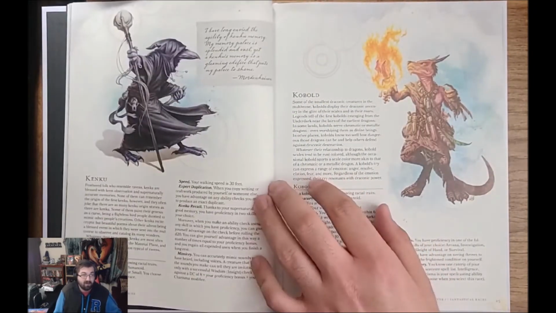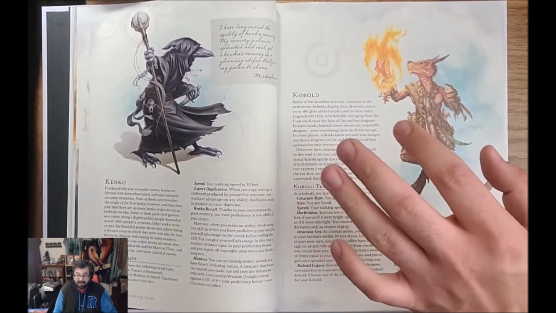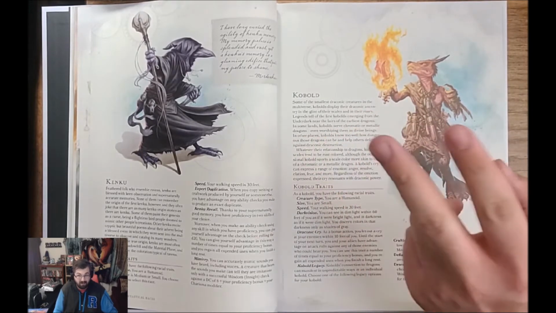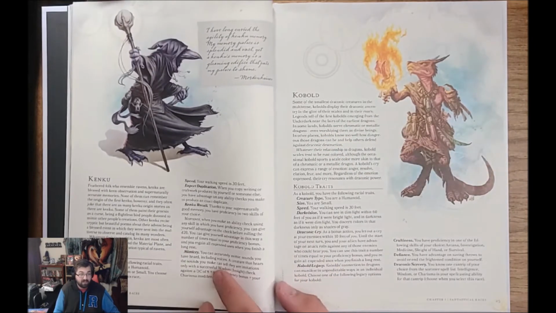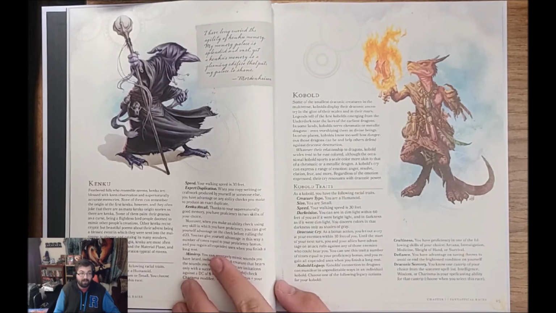So, Kenku. There's a big change to the Kenku. I think there are really going to be mostly two camps on this. You're either going to love the change or you're going to hate it, because they changed the most core aspect of role-playing them. Kenku no longer have the drawback of not being able to speak normally. They just have the ability to mimic. They still have the ability to accurately mimic. I, as a DM,